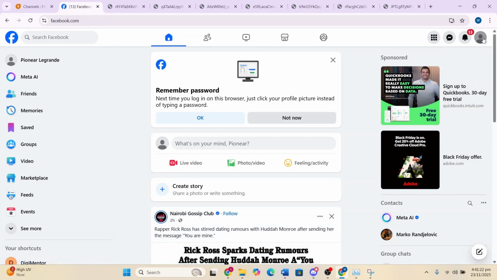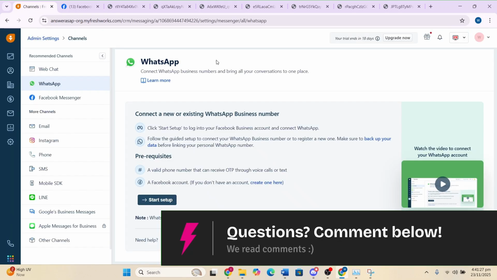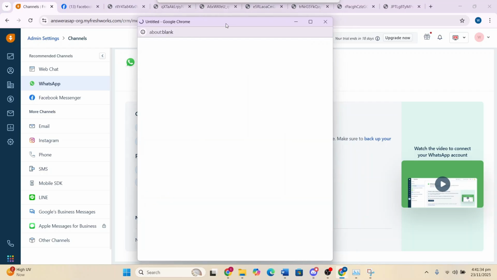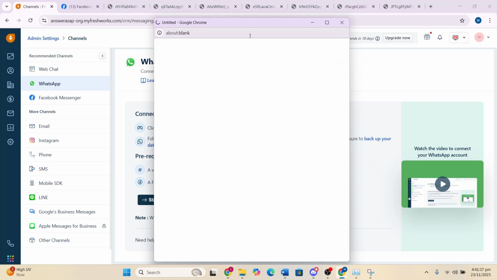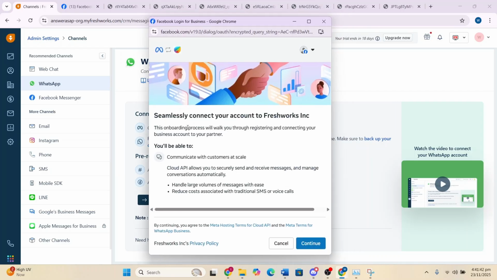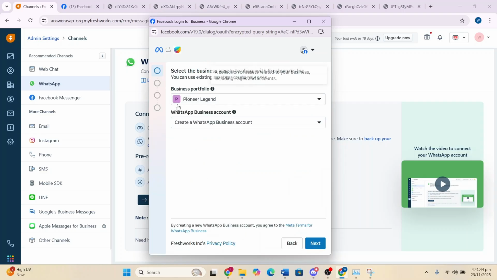is a Facebook business account, which is usually linked to your WhatsApp business account. So here I have WhatsApp, and what I want you to do to connect to your WhatsApp business number, click here on Start Setup, and it will open up a pop-up where you need to authenticate Facebook login. So right here, click on Continue, and then you just select the business account that